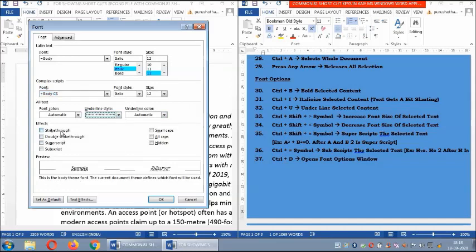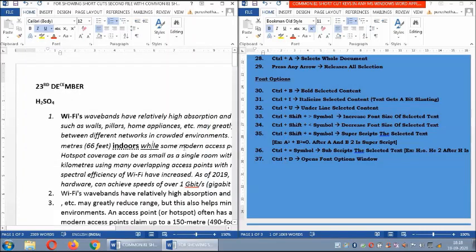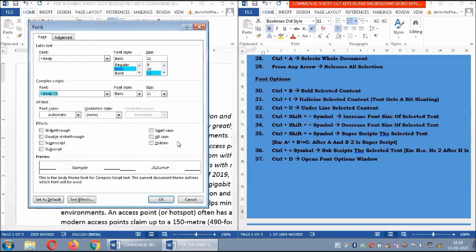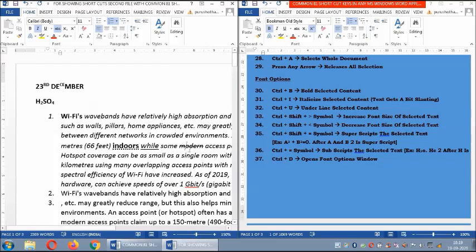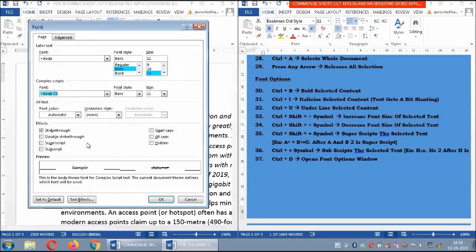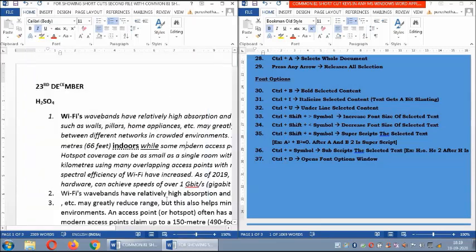There is also strike through, I will tell you later. What is strike through? When a word is not needed. So press Control D, and you can see strike through. Now the preview is showing that the word is struck. That is not the correct word, so we strike it through. Now the strike through has happened. Again I can press Control D and in the effects turn strike through off. Okay, from Control D, the font options, we can change those also.